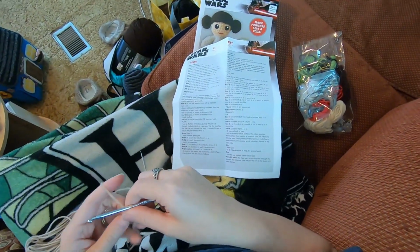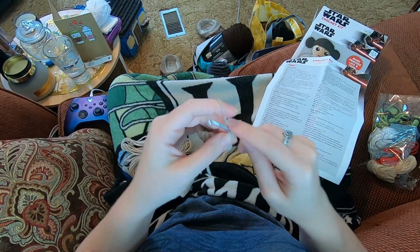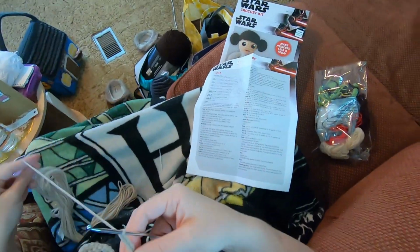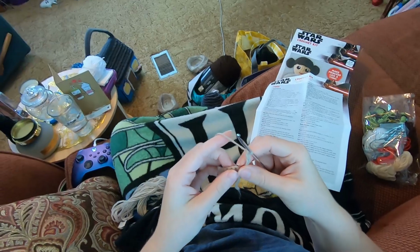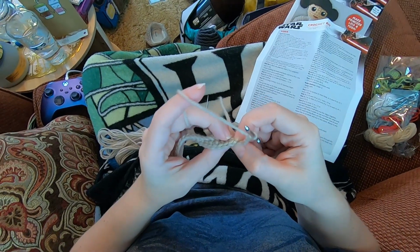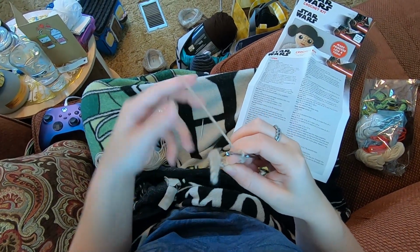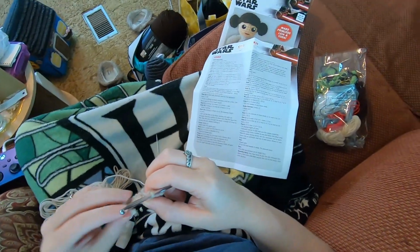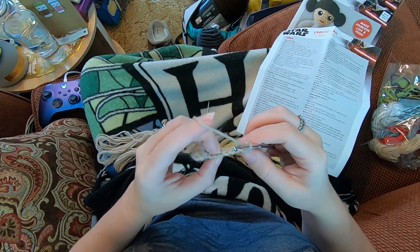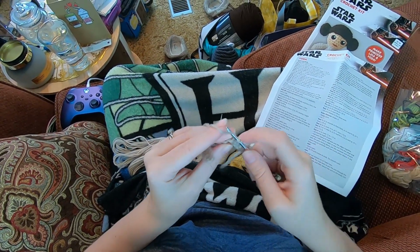Okay, now we are chaining 5. Just like we did for the base chain, 1, 2, 3, 4, 5, and we are skipping the next 4. So what we're doing is we're making armholes. We just worked into this stitch right here, and we're skipping the next 4. So 1, 2, 3, 4, we are not working into, we're skipping those. So whatever the next thing is that we're doing into this 5th one here, which is a single crochet in the next 6. So starting in this 5th stitch, I'm going to enter into there and do 1 single crochet,